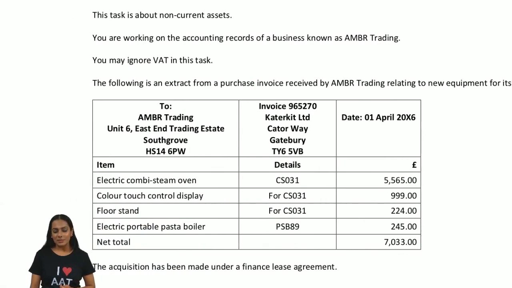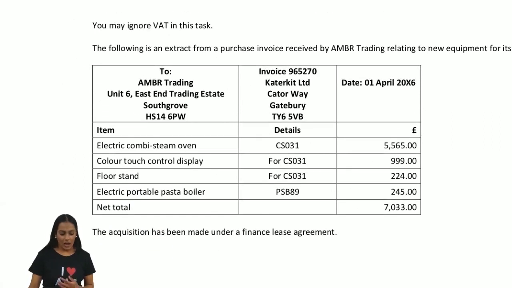Now you would have seen this previously. This is the item purchased, the steam oven, the colour touch control display for that electrical oven. We've got the floor stand needed for the oven, and then we've got the pasta boiler, and then we've got